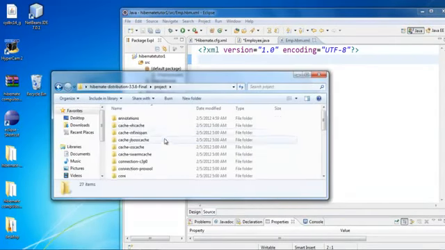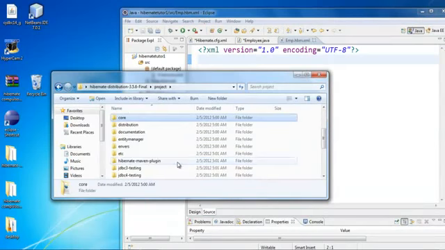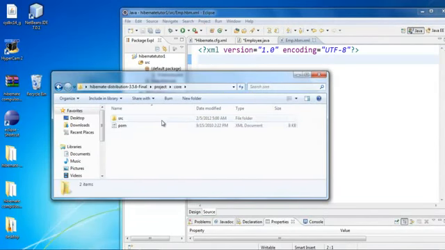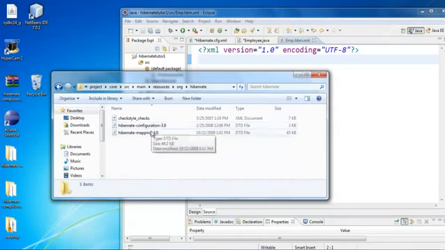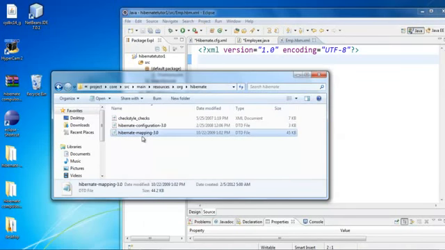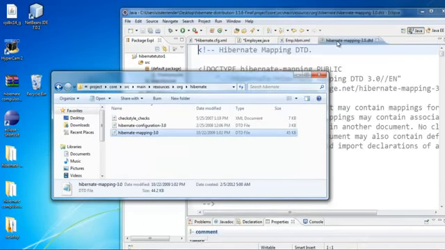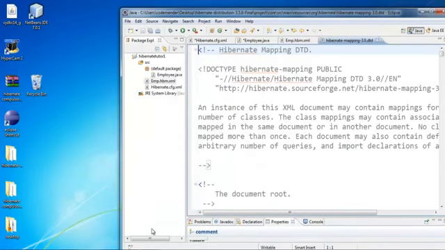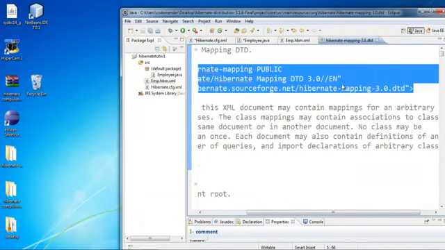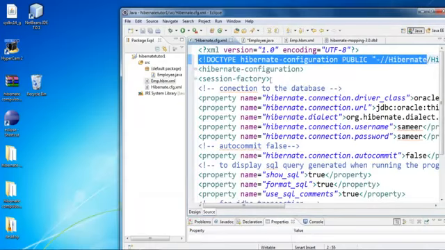Go to project, core, source, main, resources, org, hibernate. Last time we used the configuration DTD, now we have to use the mapping DTD. So we have to copy this DTD, copy it and paste it